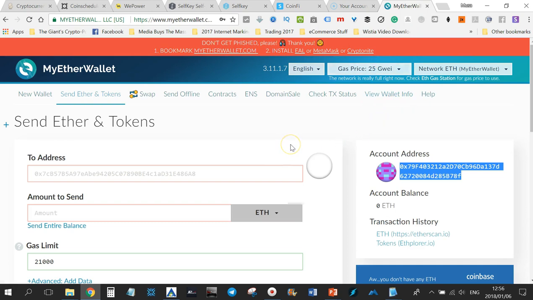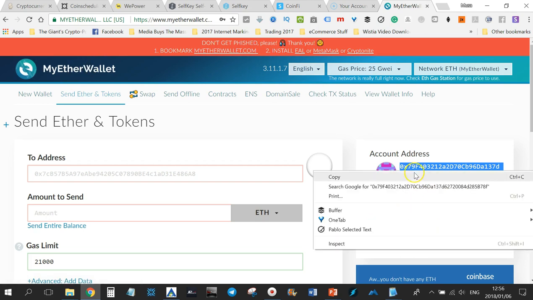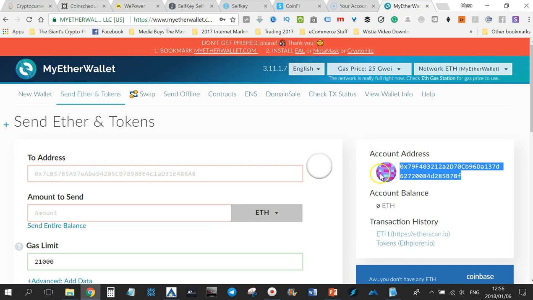Because you are not allowed to send tokens from an exchange like Bittrex, Bitfinex, Poloniex and stuff like that. You need to make sure that you send your Ethereum from the My Ether wallet, right? Because you own the private keys here. So what you're gonna have to do now is to grab your address. This is your address. Again, this is not your private key, this is your address, and then go back to